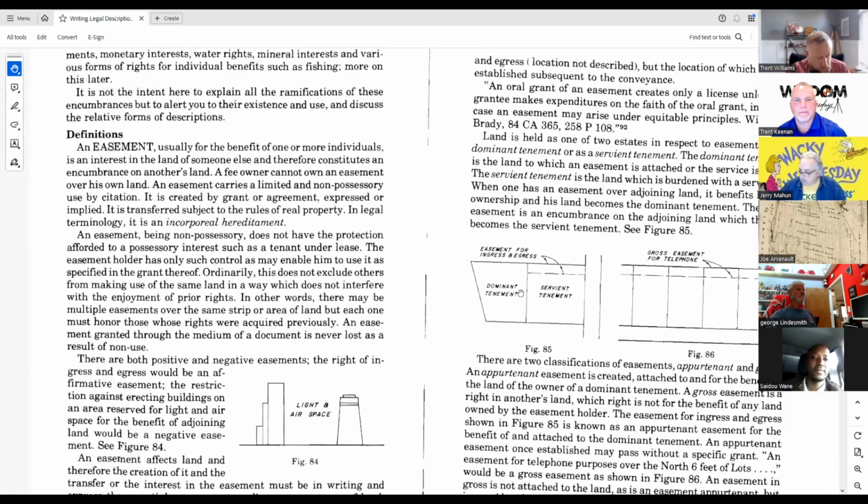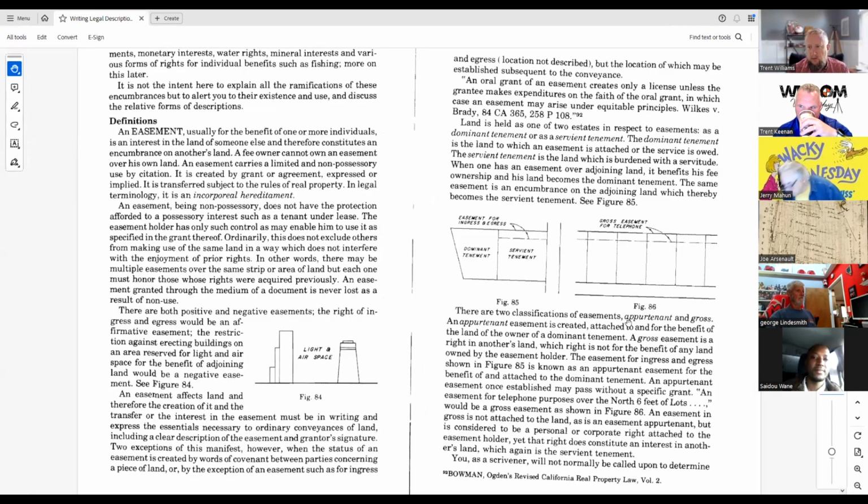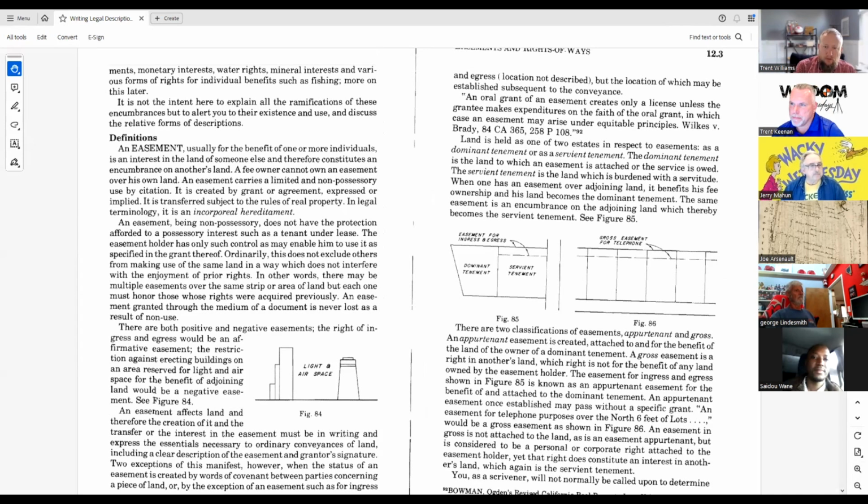I think the big thing to consider when we're looking at easements, utility easements, or really any easement, a right of way, is that it's an encumbrance. It is a right of someone else over your property, if you will, right? And so there are things to consider of what can and cannot be done over there, and we have to understand that a little bit as surveyors.